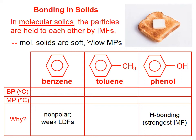and in effect that hydrogen bond is an attraction between this hydrogen and the oxygen on an adjacent phenol molecule. In the middle we have toluene, which is also entirely nonpolar. Anything that consists only of carbon and hydrogen is categorized as a nonpolar substance. So toluene is nonpolar, like benzene is, but its London dispersion forces are a little bit stronger than benzene's, typically, because it has more electrons. It has a larger molar mass, therefore it has a larger number of electrons,